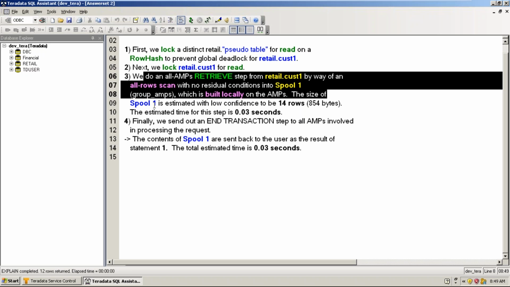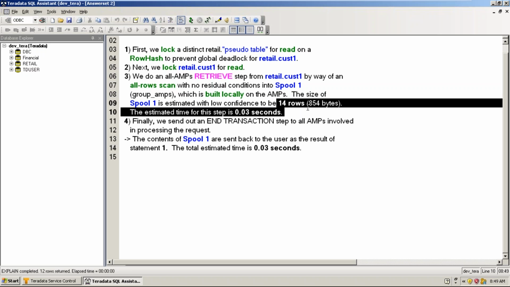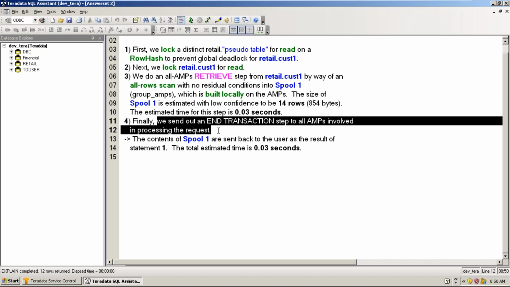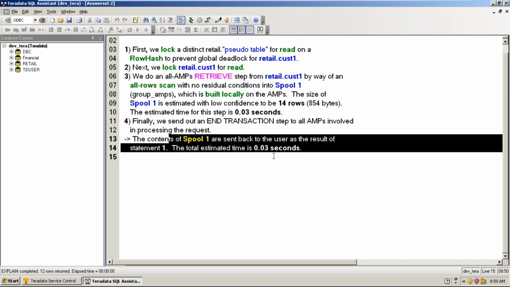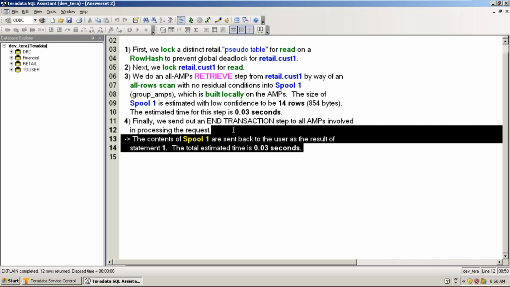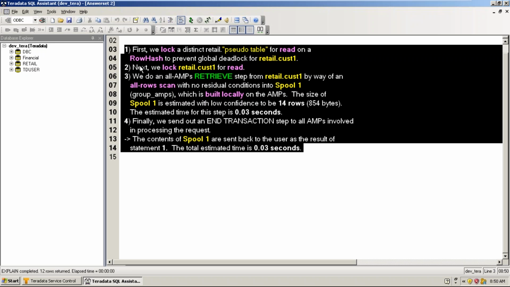It is estimating 14 rows in the table, and it is estimating 0.03 seconds to retrieve the data. And then it would end the transaction and give the data back to the user. The total time estimated is 0.03 seconds. So these are the estimates and the plan of the optimizer to execute this particular SQL.